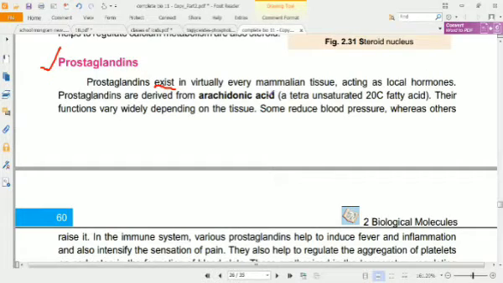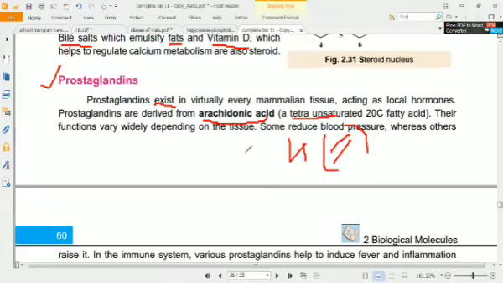They are derived from arachidonic acid. Arachidonic acid is actually a tetra unsaturated 20 carbon fatty acid, in which 20 carbons are attached, and tetra unsaturated means 4 double bonds are present in this 20 carbon fatty acid. If you see in the previous